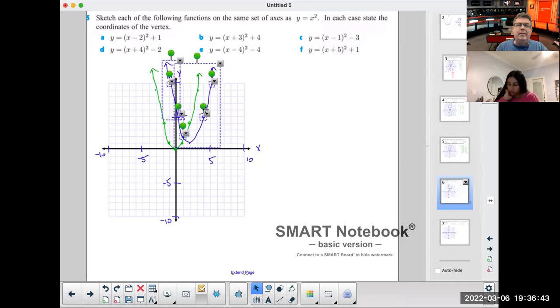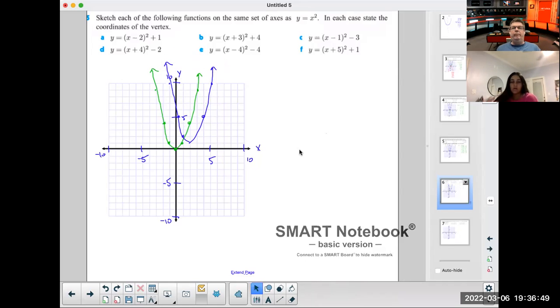And it's gonna be the exact same shape. It just goes over 2 and up 1. Oh, okay. That makes